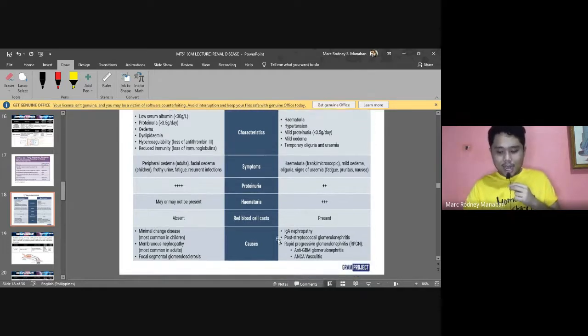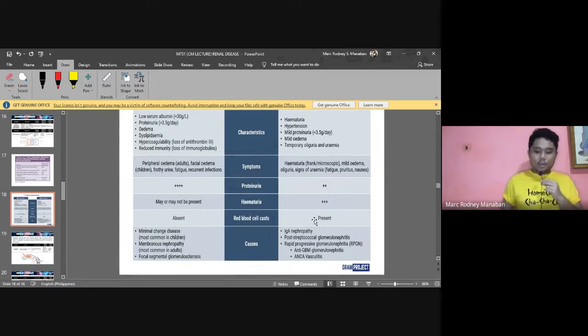So as you can see, nephritic syndrome, like what was mentioned earlier, IgA nephropathy, post-streptococcal glomerulonephritis, so like the glomerulonephritides mentioned earlier. But for nephrotic syndrome, it usually progresses from an initial disease, and usually the problem is in the charges of the glomerulus. Okay, so that's the difference between nephrotic and nephritic.